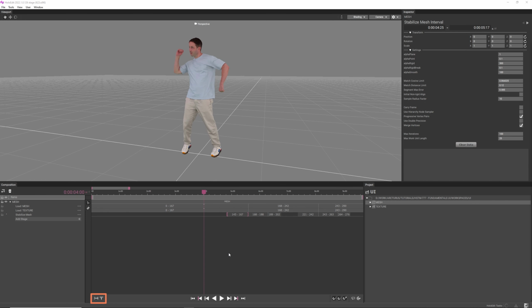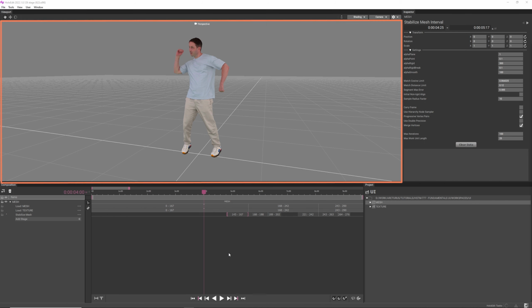Alright, so let's talk about the viewport. This is the viewport window. This is where your 3D data will be displayed and will reflect where you're scrubbing through in the timeline. You can use the camera within the viewport to move around your mesh in 3D space and view your work